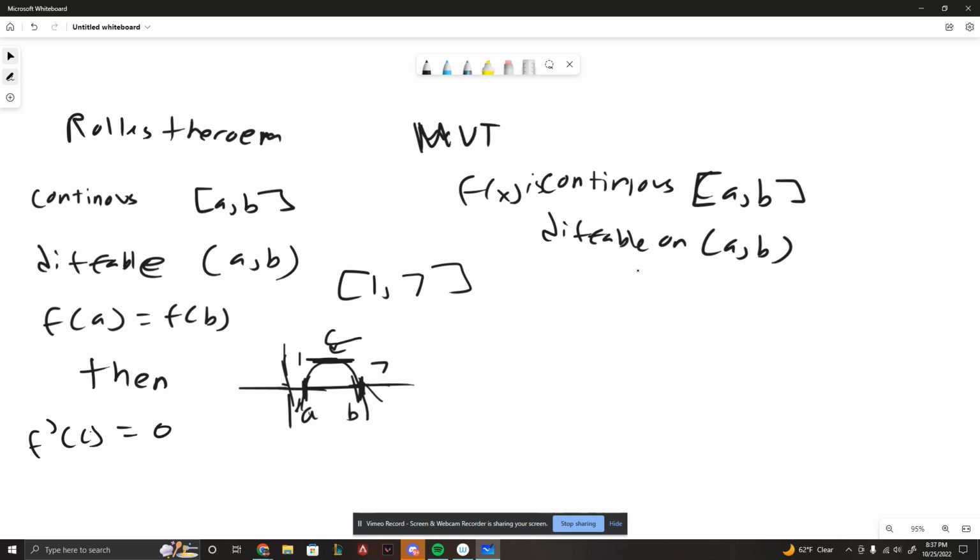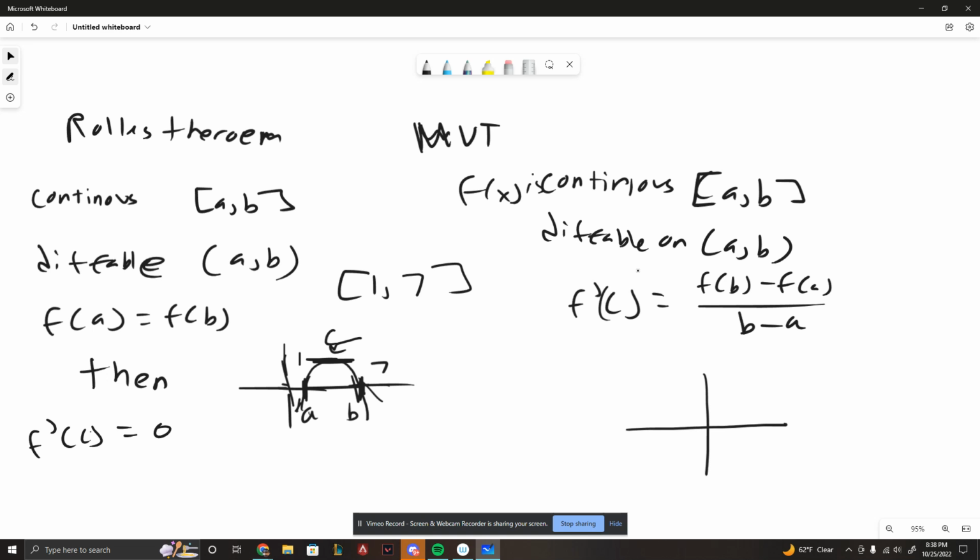Then that means there is some place where f prime of c is going to be equal to f of b minus f of a all over b minus a,